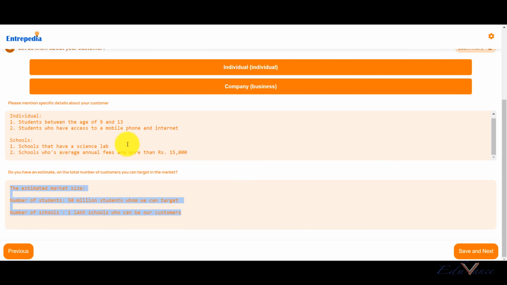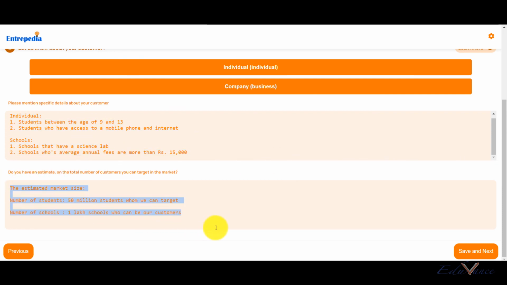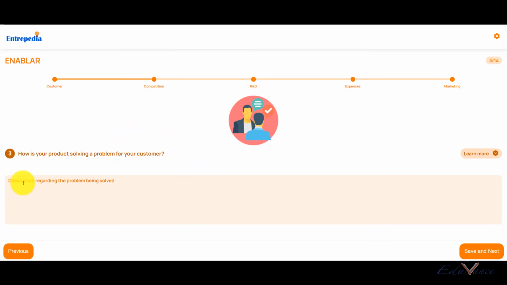So right now, just focus on the basics. Don't worry about this. As long as you have understood this step, this is very important. If you don't understand, do not stress about it. Do not worry about it. You'll be fine. So in the next section, we will look at this question, that is, how is your product solving a problem for your